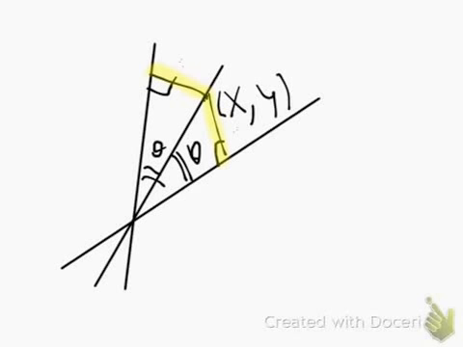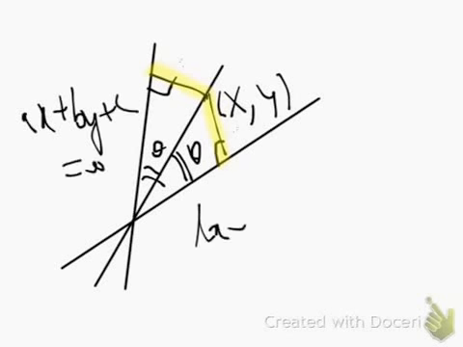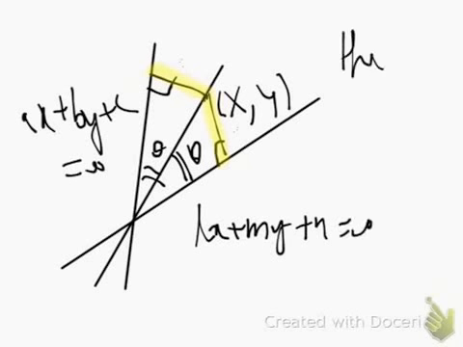So using the formula for the perpendicular distance of a point from a line, we can say that if this is ax + by + c = 0 and this is lx + my + n = 0, then